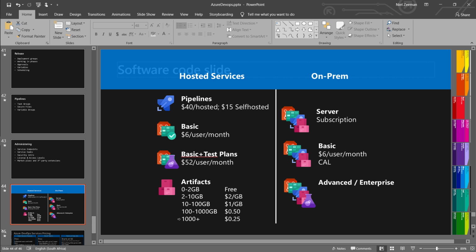Anyway, I updated these recently. But services, basically, you've got different ways of licensing it. Stakeholder obviously is free, but you have limited rights to do what you want to do. You've got subscriptions, and subscriptions already come with a server user license. So you're covered if you've got an active subscription assigned, and you must just make sure that these subscriptions are actually assigned to you through your AAD and your subscription mechanisms. Then we've got basic users, which is basically just $6 a month, and that is going to be